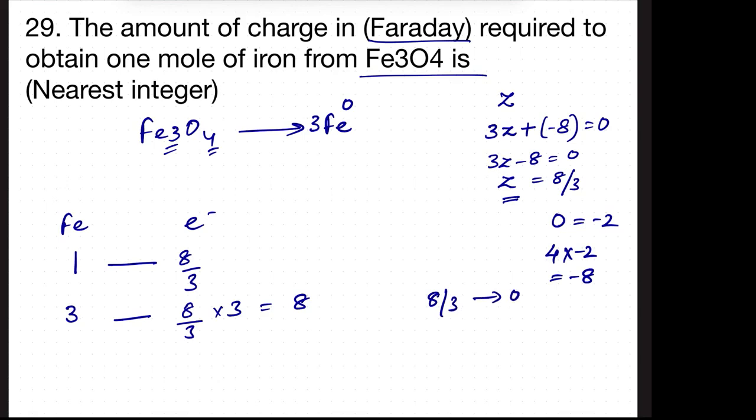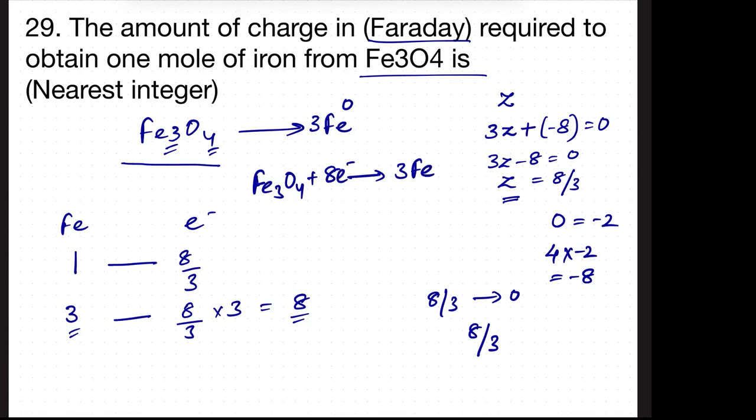So change in oxidation state is 8 by 3 for each atom of iron. So each atom of iron accepts 8 by 3 electrons. Or it can also be said that 1 mole of iron accepts 8 by 3 moles of electron. Therefore 3 moles of iron will accept 8 by 3 into 3, that is 8 moles of electron. Therefore total electrons accepted by 1 mole of Fe3O4 is 8 moles of electron to change into 3 moles of